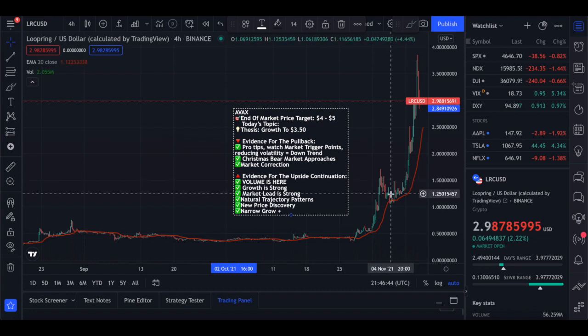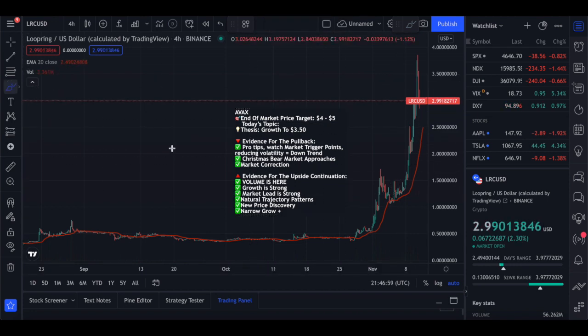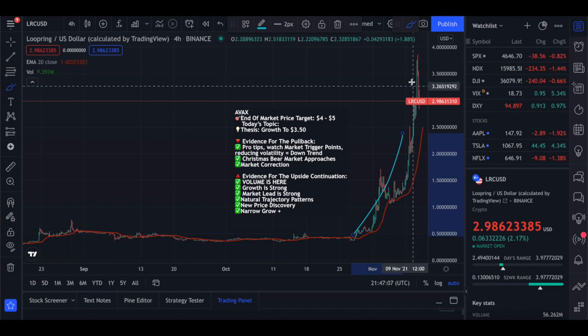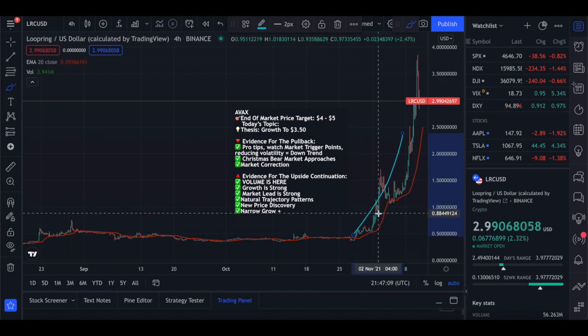Because with a correction, if the market did panic, then we wouldn't be here talking about how well Loopring is doing. We'd be talking about how terrible Loopring did when the time came for it to prove itself as a strong competitor in the ecosystem of all cryptocurrency. And I do believe Loopring is on its way to proving itself in just that area due to its natural trajectory. But its swift, sudden growth, wow. It's taken the market by storm. It's taken a lot of people by surprise. And a lot of people definitely have their eyes on Loopring right now.